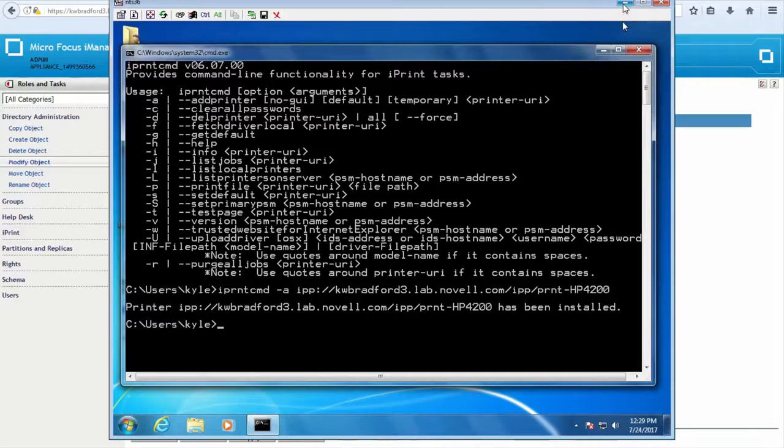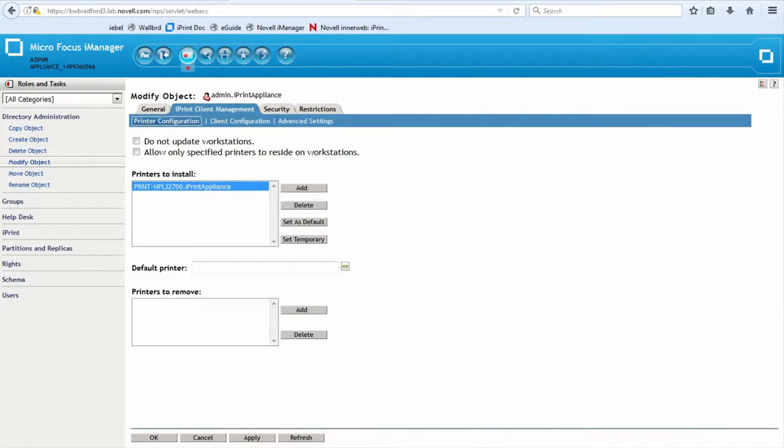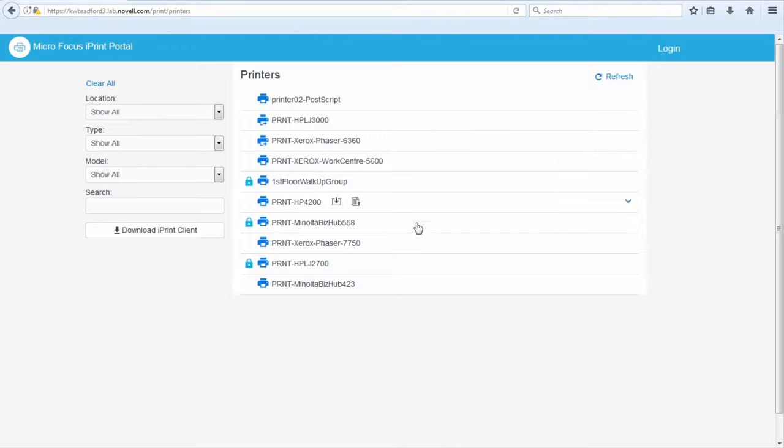ZenWorks has an iPrint policy where you can assign printers to users, groups, and workstation objects, and you can have printers installed that way. Now that you have a feel for how printers can be installed on Open Enterprise Server and on the iPrint appliance traditionally, I'm going to show you a new feature, iPrint Appliance 3.0. Eventually this feature will come to Open Enterprise Server, but as of this recording, which is July of 2017, this is only available in iPrint Appliance